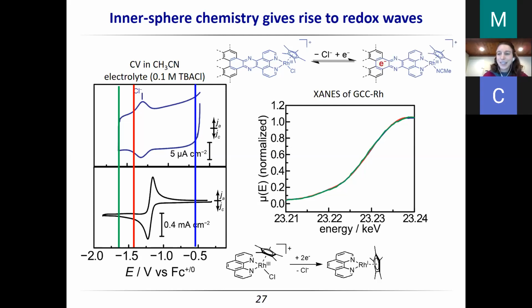So if the electron isn't going to the rhodium, where is it going? I don't know if you guys have talked about non-innocent ligands, but if the electron's not going to the metal site, it's got to be going to the ligand. And what's cool in our case is that our ligand is the carbon electrode. We basically have the world's largest non-innocent ligand here. So the electron doesn't have to be centered at the rhodium site. It can be centered in any of the band states of the carbon to counteract this chloride charge.